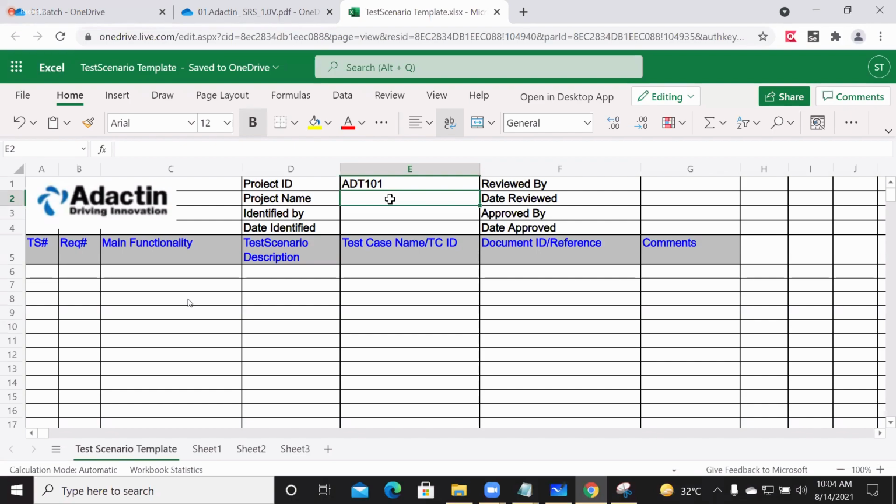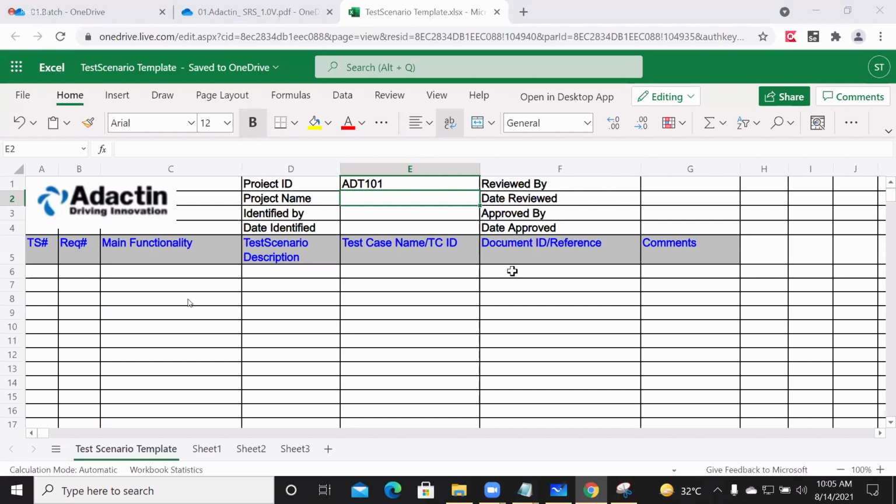This is our project ID. In real time, in a similar manner, the test lead will provide the project ID, and you need to refer to that particular project ID.